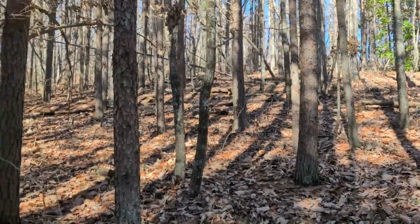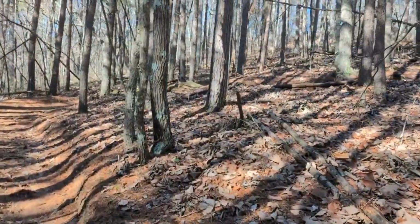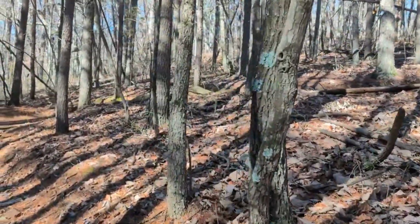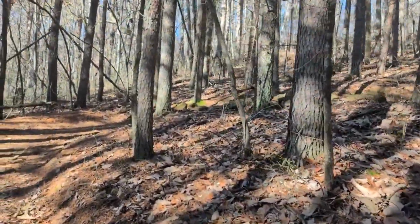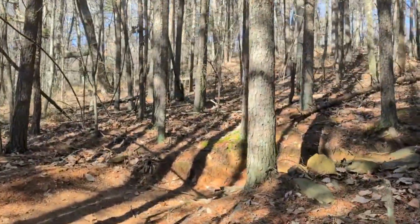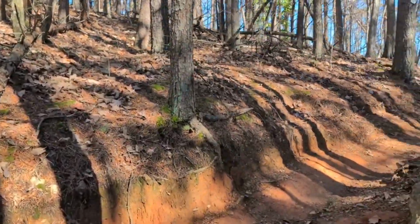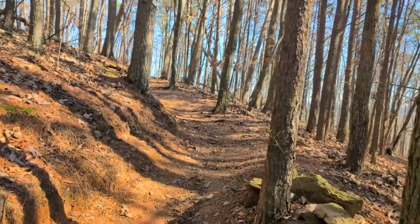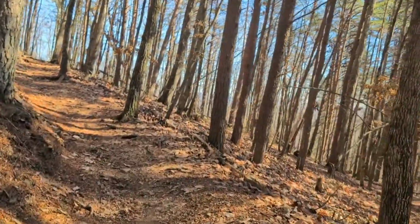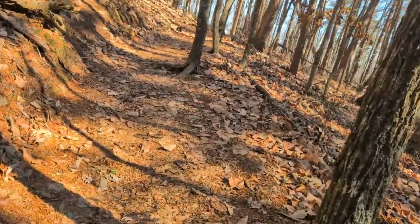Let me turn this around and show you this hilltop behind me. There's a hilltop there. That's why we're going up. I know, according to the map, we get almost to the hilltop and then the trail turns left. It looks like it loops around. I forgot to check the difficulty of this trail. They said it wasn't